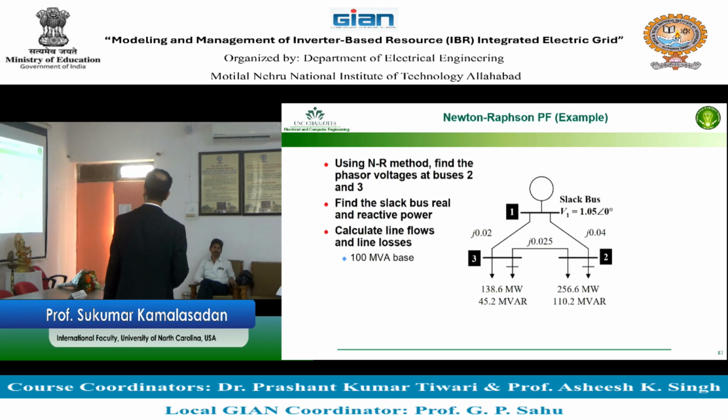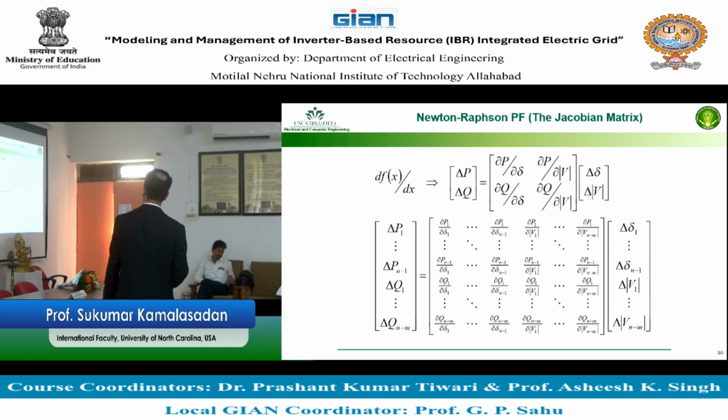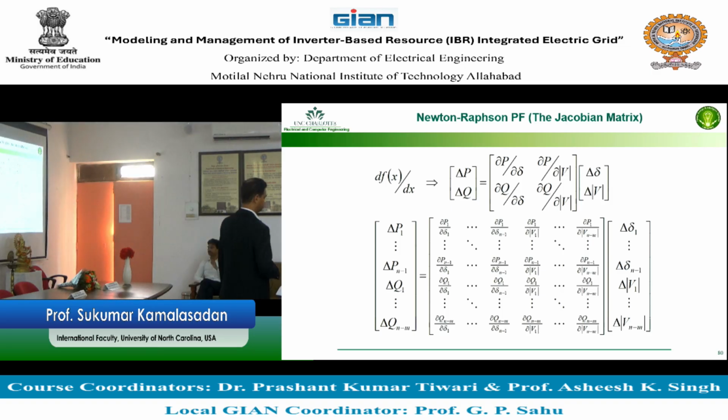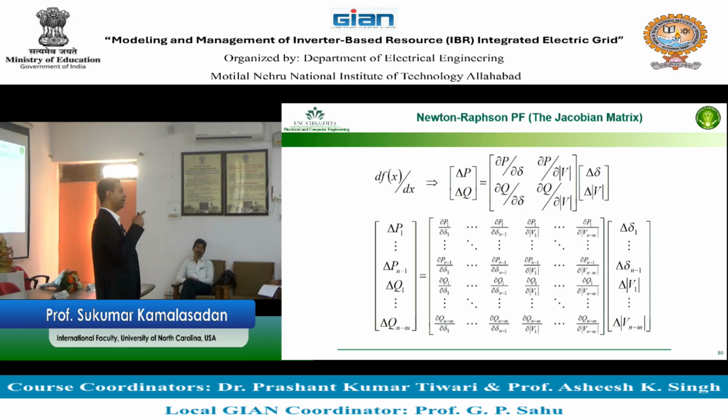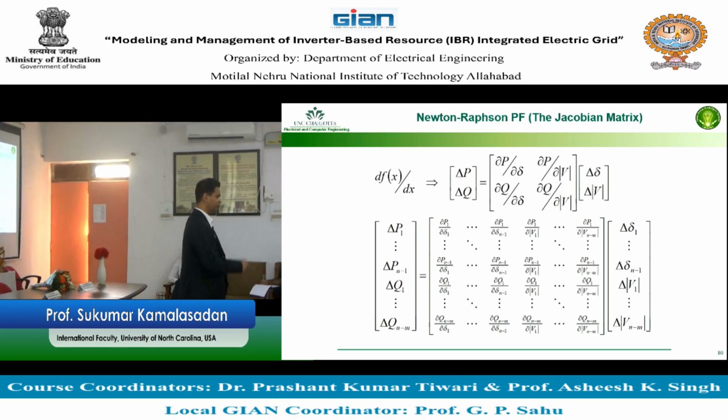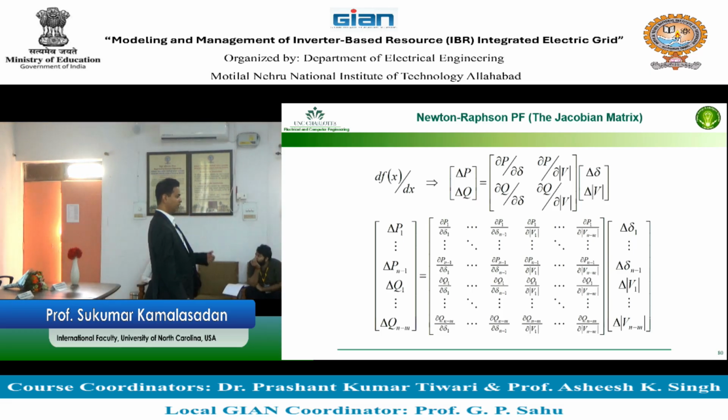So let me just say one part here. Now you say, wow, that's too much. A lot of derivatives I need to calculate and then solve it for the entire power grid, a lot of work. So you can say that this P and delta is very tightly related. P and V is not very tightly related because the active power is not very tightly related to voltage in a transmission network. Not true for power distribution network because of some other things called X divided by R ratio or some other